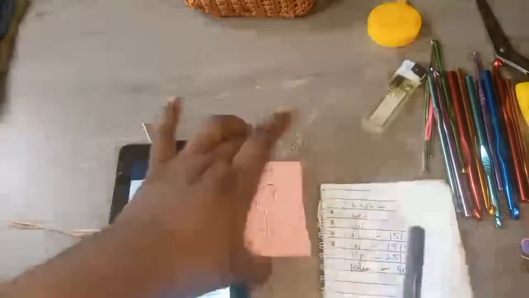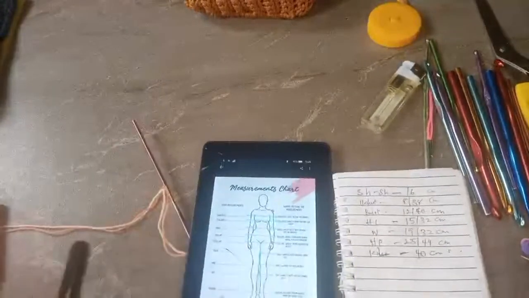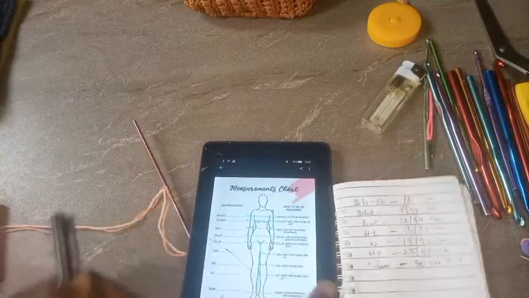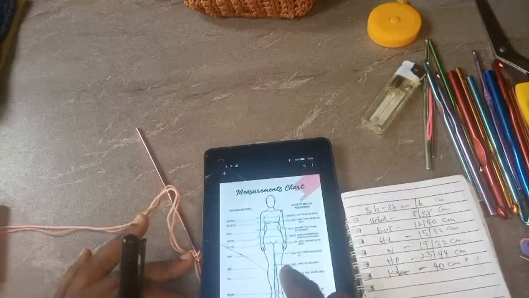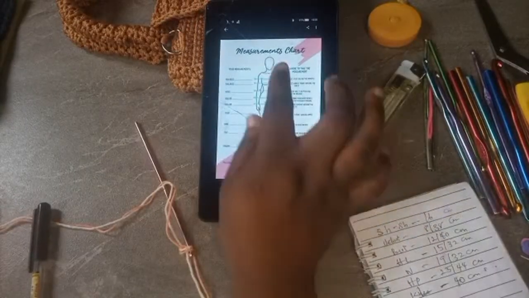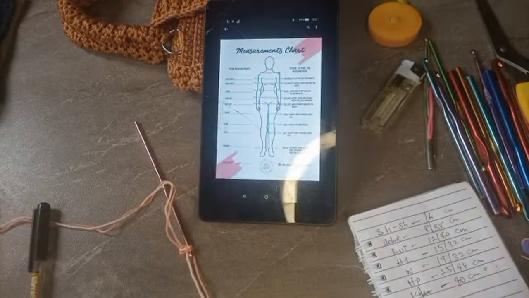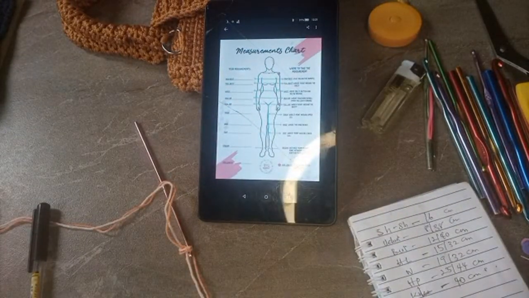So if you want to start your project, you can either start from the knee or from the shoulder area. I don't know which one, where do you want us to start from?